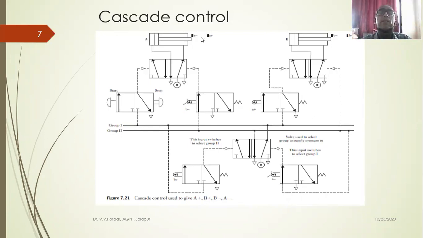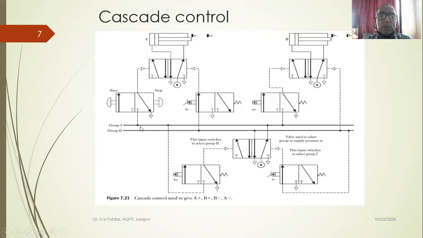And what is the difference between earlier sequential control and cascade control? There are 2 groups made. Just see here. Group 1 has a separate supply line, and group 2 has a separate supply line. They have made groups. In group 1, we have power to the push button valve, power to the limit switch valve, and one more connection getting supply from the pilot operated valve, and a 4th one.